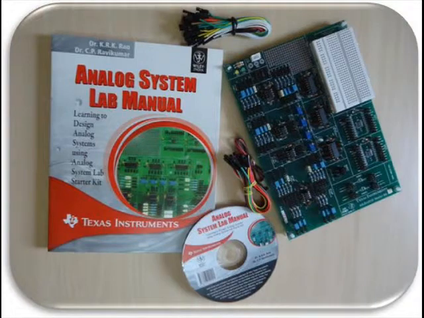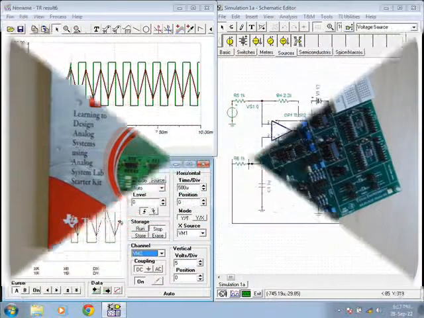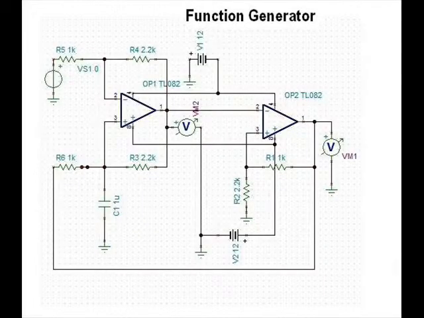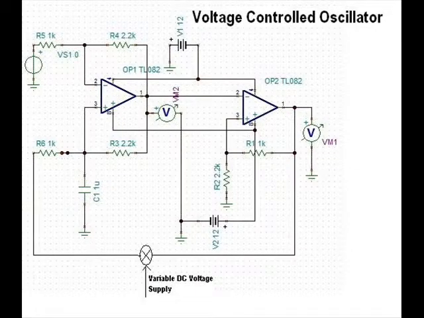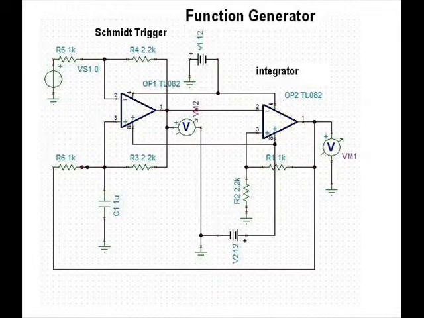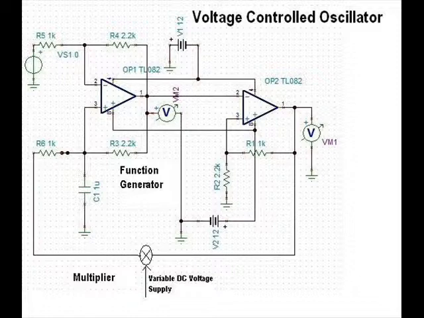Secondly, we also understood the brilliance of TINA in simulating circuits. It was user-friendly, and the simulation helped us proceed with our practical implementation. Thirdly, the problem given to us was a function generator and a voltage controlled oscillator. This needed a deep understanding of op-amps. We understood that we can use a Schmitt trigger and an integrator to create a function generator with absolute simplicity. On using a multiplier in this feedback, we can implement a voltage controlled oscillator.